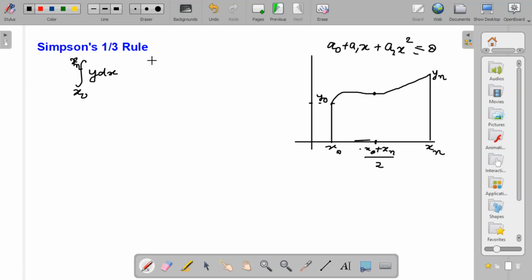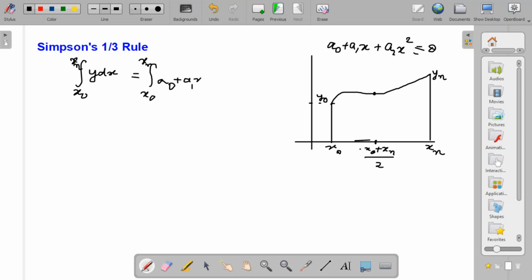That is, I can say that the integral of y dx from x0 to xn, y we have now approximated as a0